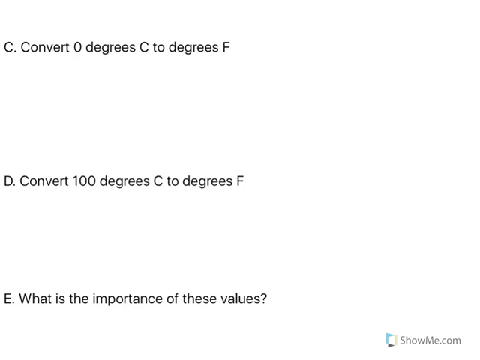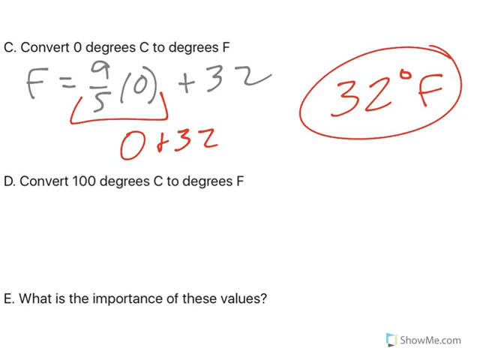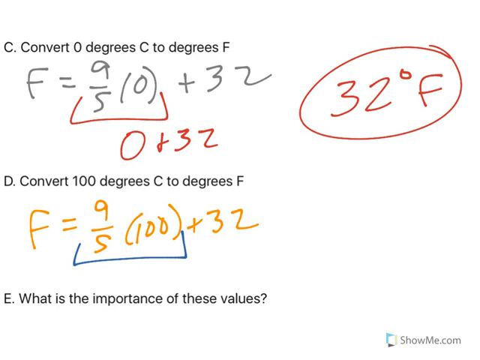C, convert 0 degrees Celsius to Fahrenheit. So now I have Fahrenheit equals 9/5 times the Celsius value of 0 plus 32. Well, anything times 0 is 0, so 0 plus 32 is just 32 degrees Fahrenheit. And letter D, we want to do 100 degrees, so 9/5 times 100 plus 32. We do the multiplication and division first, so 9 divided by 5 times 100 is 180, plus 32 gives me